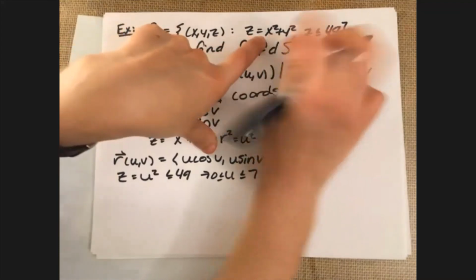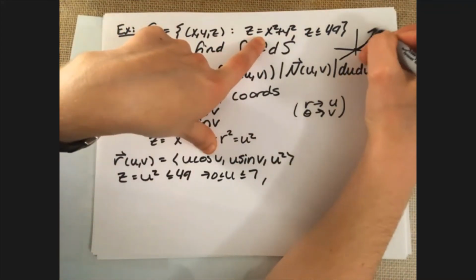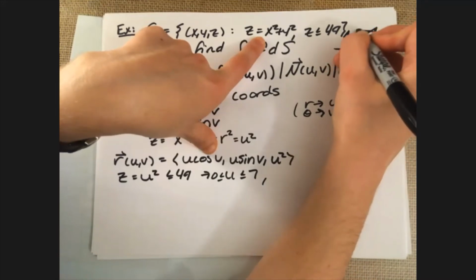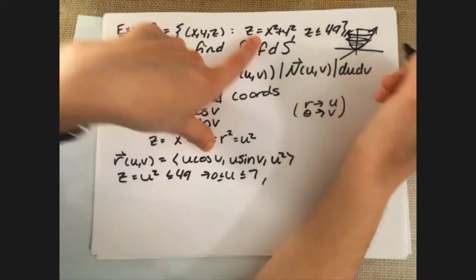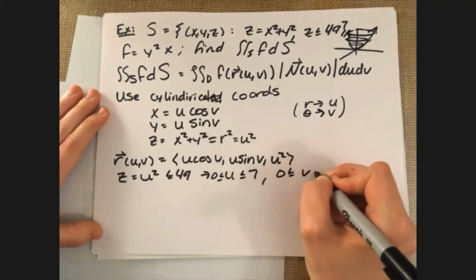on this surface right here. If we want to see what it looks like, it's just a paraboloid. It looks kind of like this. So it's kind of bowl shaped, and we want it to go all the way around the circle. So v has to be between 0 and 2